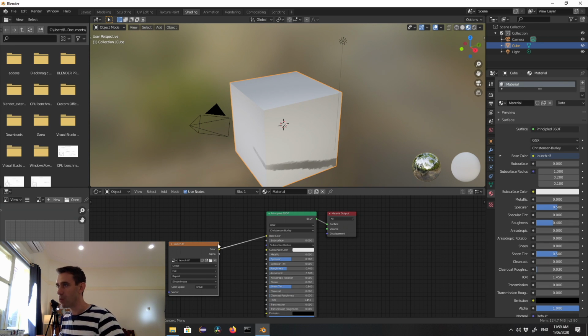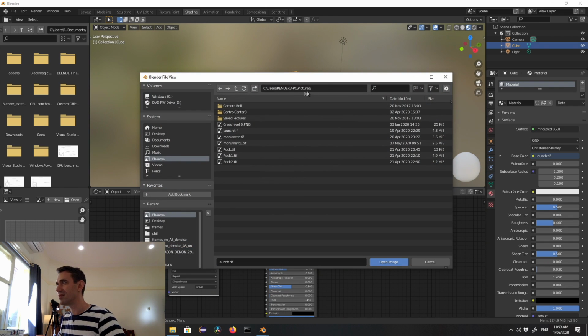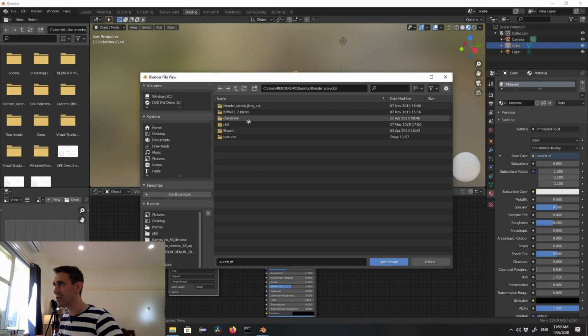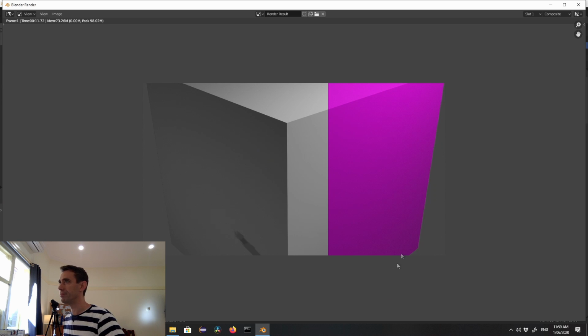Never mind. What we have to do to make sure that the Linux machine gets the file is we need to tell Blender, no, don't look in here. Users pictures is not shared, so it's not going to be able to find it. So instead, what we're going to do is go to the desktop, Blender projects, textures, and I'm going to tell it to use that file. Okay,